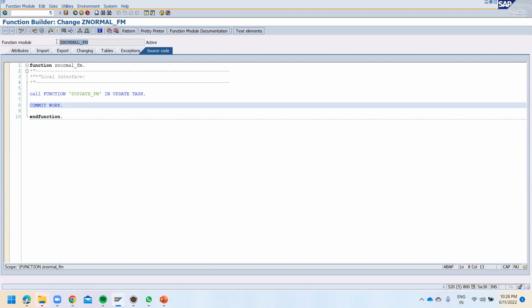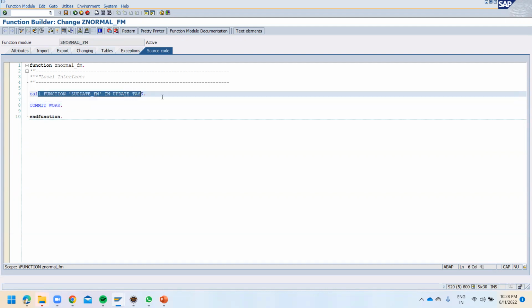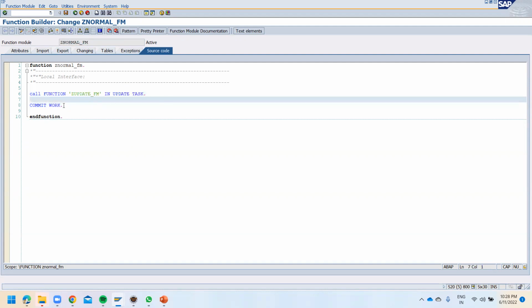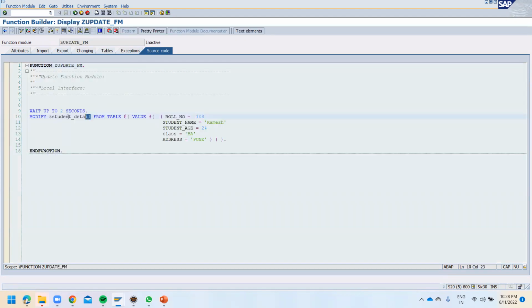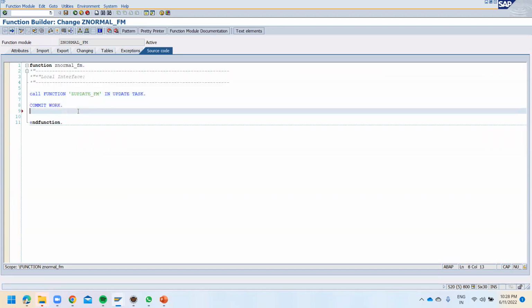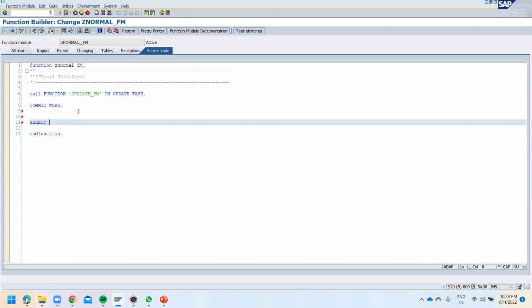So this is a normal function module. It's calling the update function module, and after that we are using the commit work statement. And this update function module, you can see, is modifying the record in this database table. So just assume that after the commit work statement, I have written select star from this table into